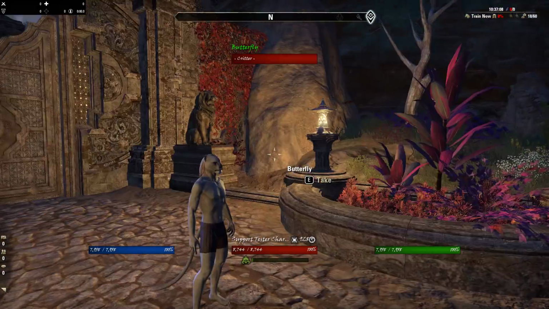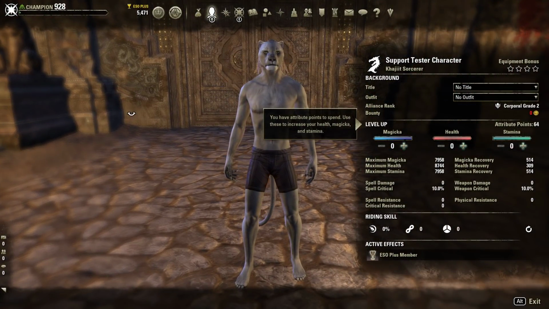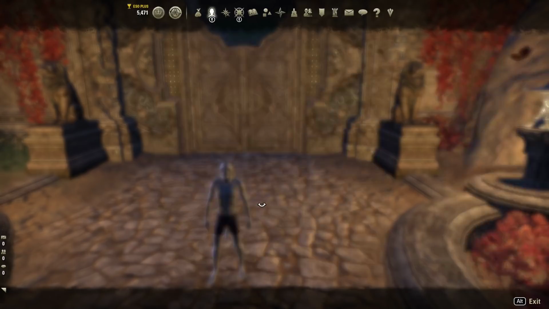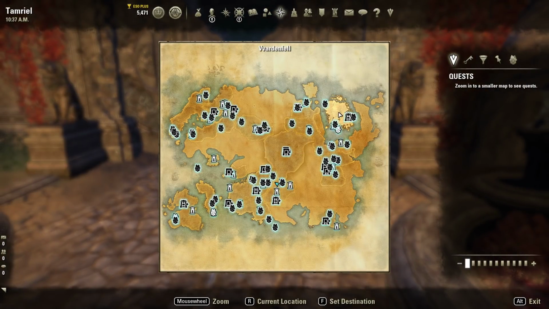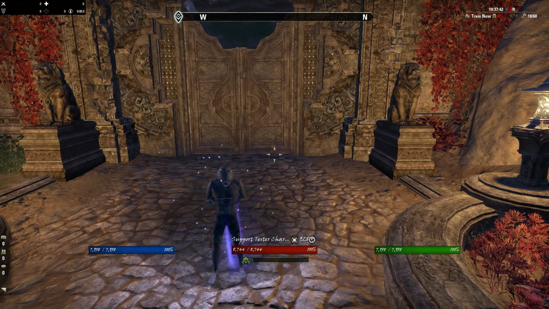Alright, so this is how I start my characters. Every new character I make, now this is a max level character already, just to let you know, so I have max level, I have max CP, all that stuff. But what I do is I go from here, as soon as I get logged in, unless it's a new class that I want to play through elsewhere. But let me see what faction I'm with. I'm with the Ebonheart Pact. So what I'm going to do is go to Stonefalls. I'm just going to teleport here, and the reason why is because there's a quest I'm going to get